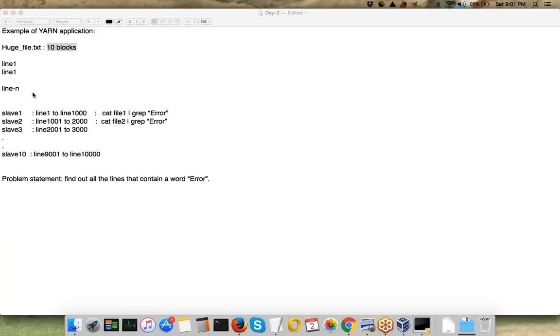But eventually, let's say you do not have any free container on all the three slave nodes where your data block is present. In that worst case, your resource manager will allocate a free container on any other data node wherever it is available. In that case your data will be moved from its present location to that data node to be processed, and that will be slower than the best case. But still it's better to launch a task when you have a free container, right? That container is anyway lying free there, so it's better to run a task which might be a little slower than the best case, but still better than just waiting for a free container.